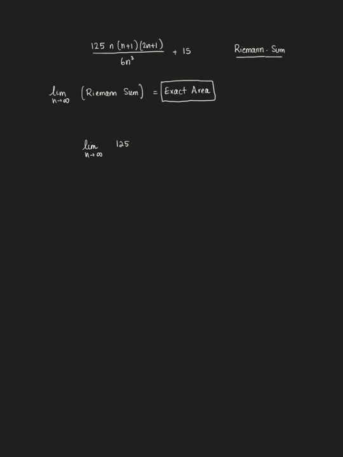We have 125n times n plus 1 times 2n plus 1 over 6n cubed plus 15. Now, this is thinking about n behavior. So we attend to the largest power of n in the denominator and in the numerator. In the numerator, we'll have the term that has the largest power when these three terms are multiplied. So it'll be 125 times 2, which is 250. So we still have the limit as n approaches infinity of 250n cubed plus other stuff going on, over 6n cubed,